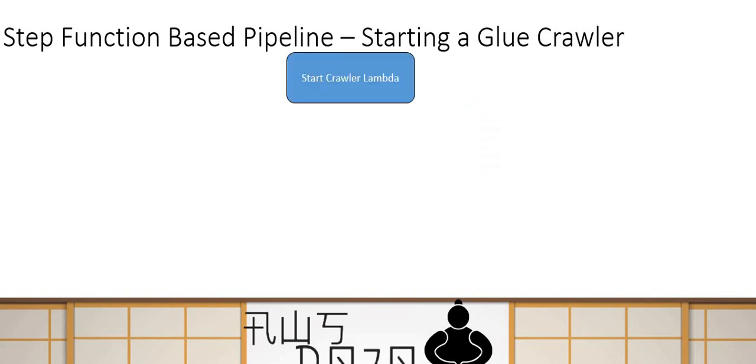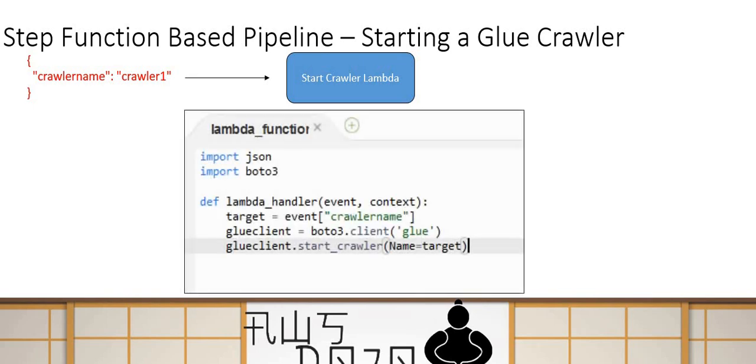So how does the Lambda function look? If I'm trying to create a start crawler Lambda function, how does that look? In this case, you provide in your Lambda function an input through the state machine workflow, and your input could look like a simple JSON document like this, where you simply provide the crawler name. Then you write your code, and in this code you can see over here I am first extracting the crawler name from my input, and then I'm starting a glue client, and then I'm simply calling the start crawler function